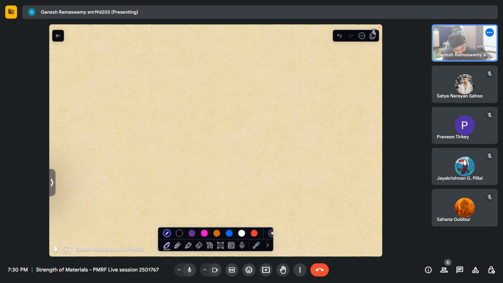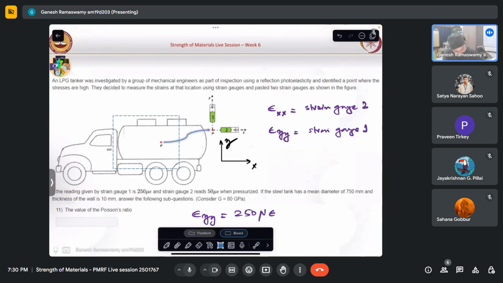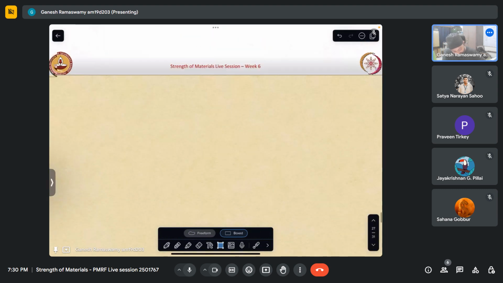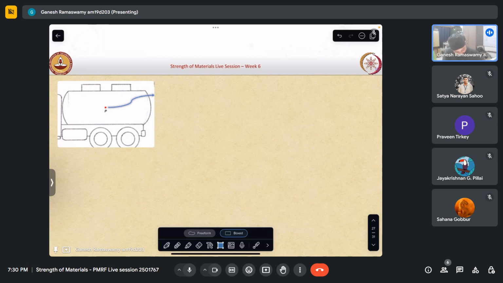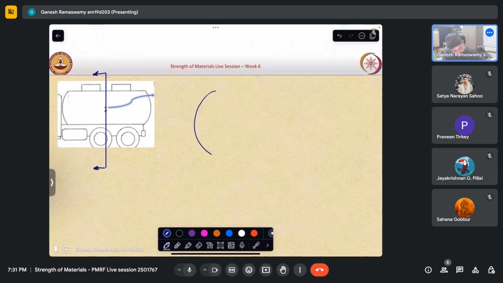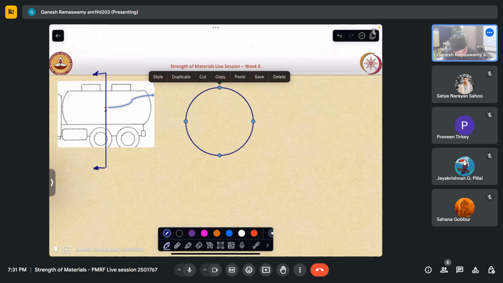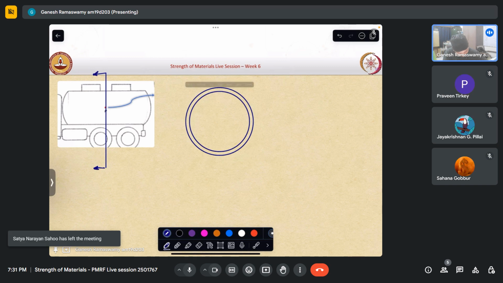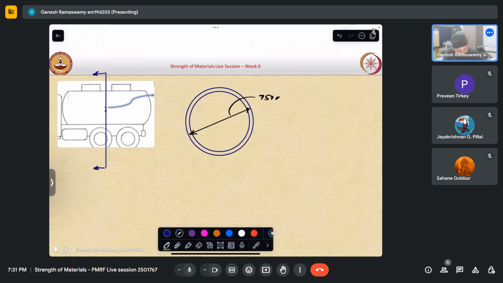So from our previous discussions, if I just take this tank here, which is subjected to a pressure, and I cut a cross section here, I'll be seeing a circle like that, which has a diameter of 750 mm, and then I have pressure acting on this. So in one of the previous sessions, we saw that for Hoop stress,